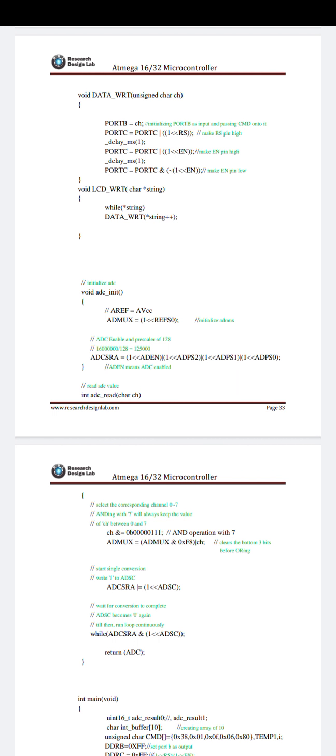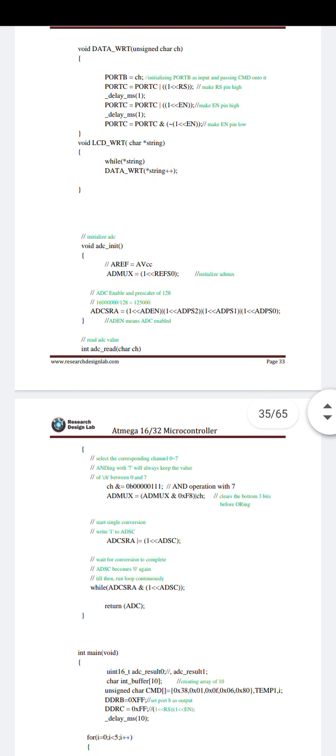Then void LCD write character string, that means the string is added here, while string data write in brackets string plus plus. Then initialize the ADC part, that is void ADC init. ADMUX AREF, that is the pin added here by AVR microcontrollers.